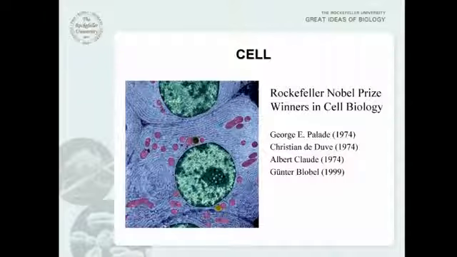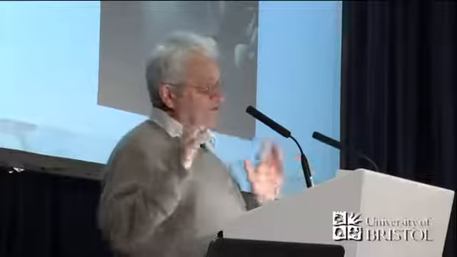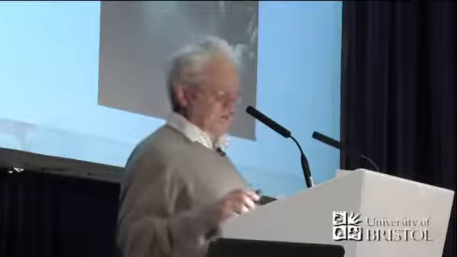And the cell, of course, underpins all reproduction and development. We know from high-quality photomicrographs much about the structure of cells. Because I was in Rockefeller, I mentioned some of the Nobel laureates who founded cell biology there. But the cell is the basis for reproduction and development. Cell division and cleavage of a single cell produces the embryo, and it's very important for understanding reproduction and development